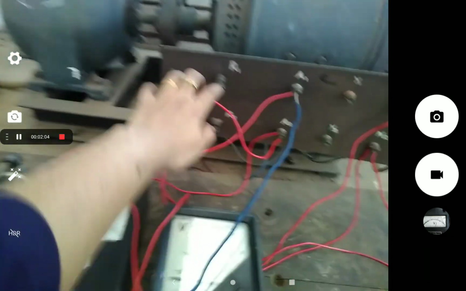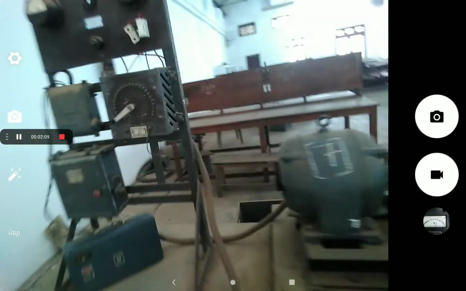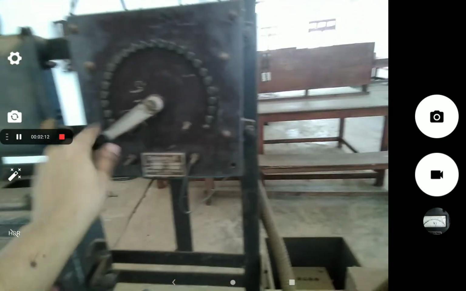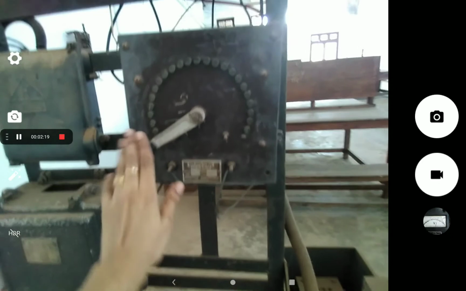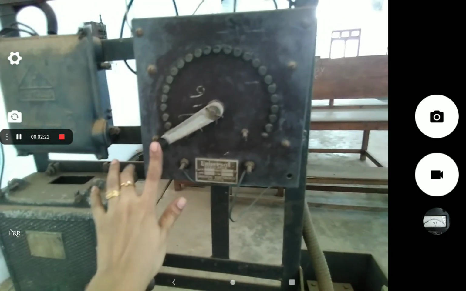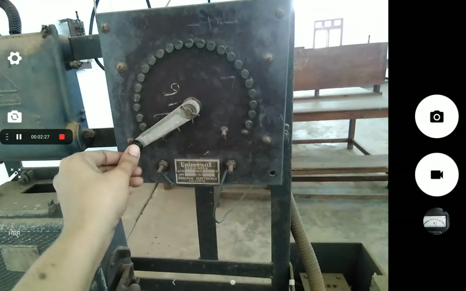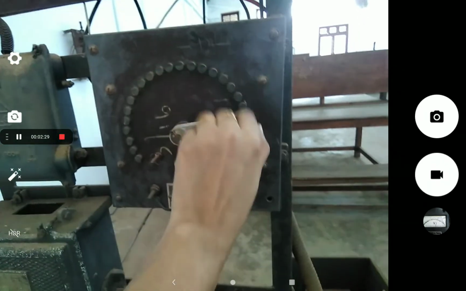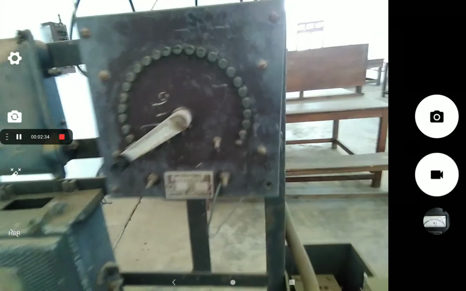And we need an internal resistance to control the starting torque. For that we are using these points R1 and R2, and these are the end points of this resistance. So this is the resistance which is connected internally with the armature winding to control the starting current. So at this position it is maximum. At the starting time it should be at maximum. When the generator starts rotating, then we cut this resistance to 0 or minimum. Okay, so initially it should be at maximum.